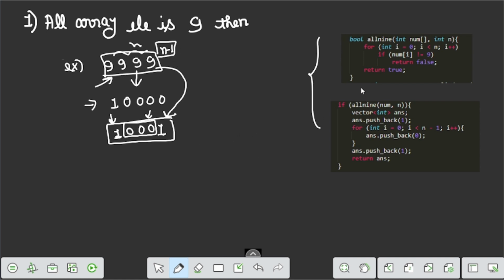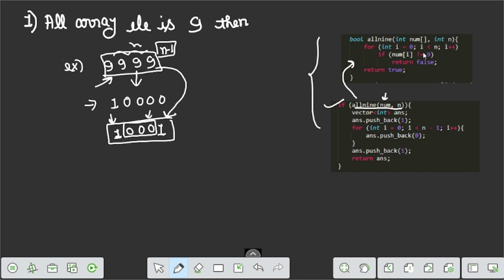So now let us discuss the code. In the main function we check if all are 9, then we call the function all9. Here we pass the num array and integer n, and this function is called bool all9 num of n.